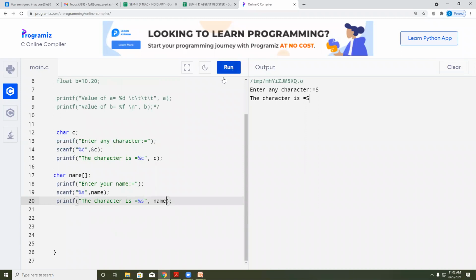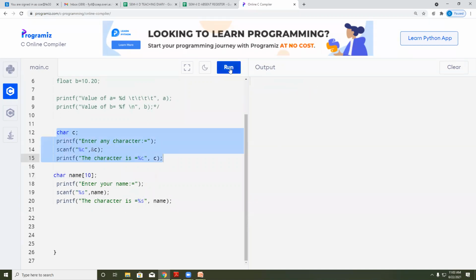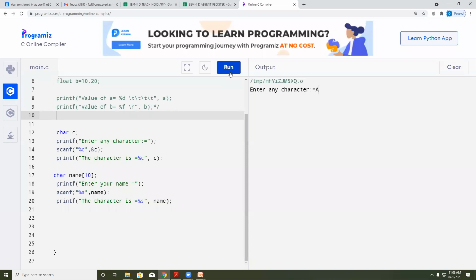I will give the limit. Okay, enter any character. As I have not made the first section a comment, it is executed now. Okay, this is the single character. Enter your name. As I have not put /n here, it comes on the same line.